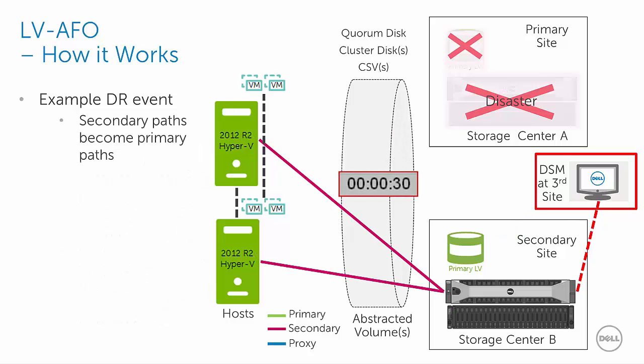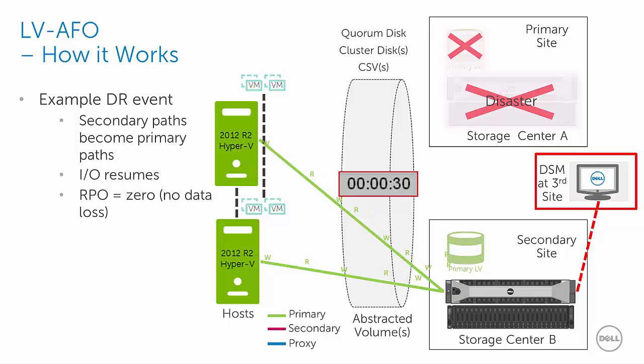The secondary data paths will now serve as the primary data paths for the host and guest I/O, and the I/O from the workload will resume once the new primary live volume is able to accept read and write I/O. The recovery point objective for this event is effectively 0 because we are using synchronous replication, which ensures no data loss between the two storage systems, and the recovery time objective is typically going to be somewhere between 30 to 60 seconds for an effective RTO of 0, assuming that the host and workload can tolerate a short period where